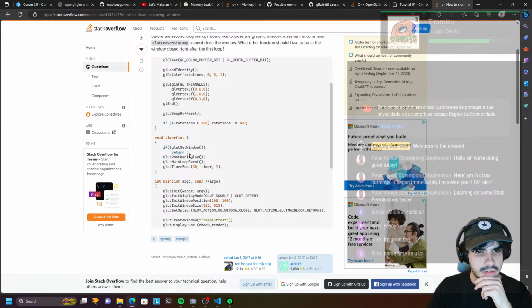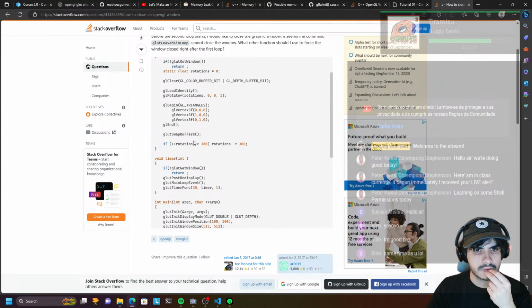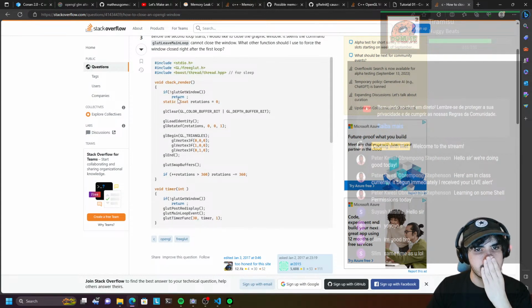Timer int. So callback render if GLUT get window. If we can't get the window,